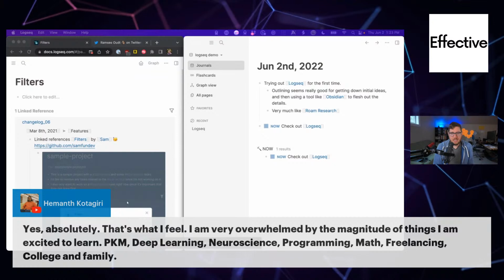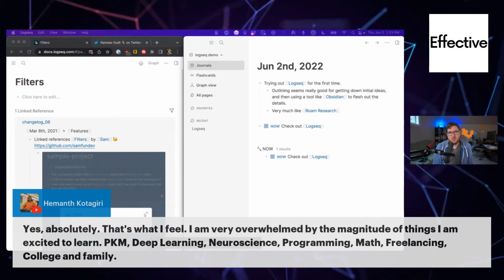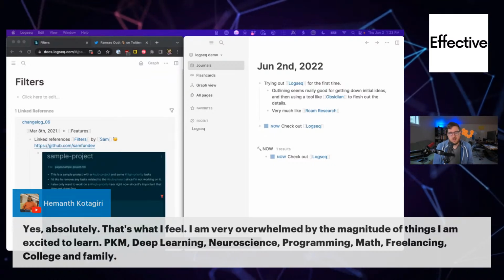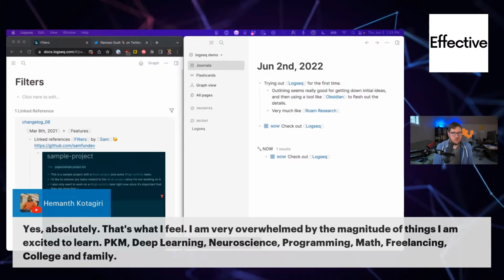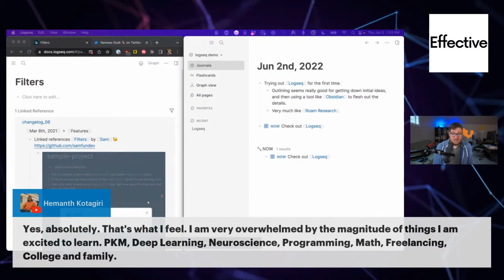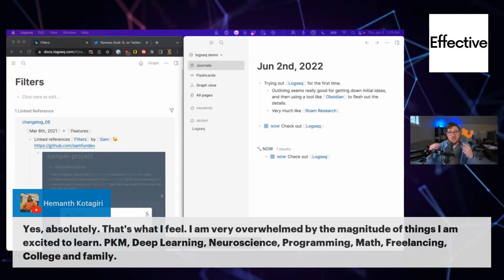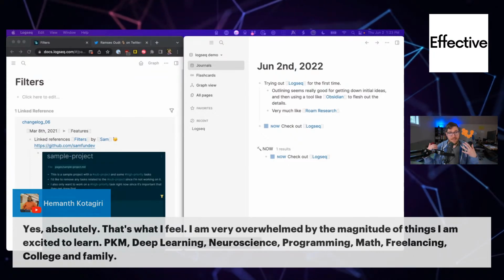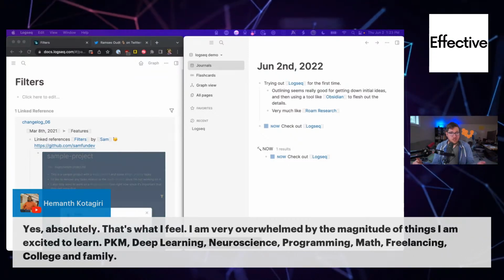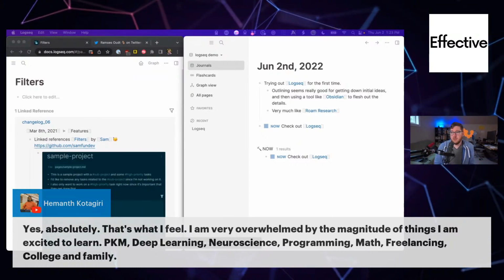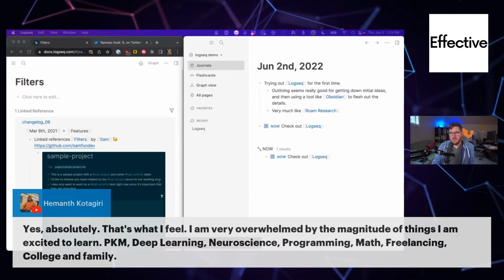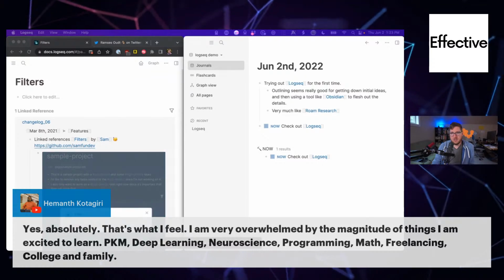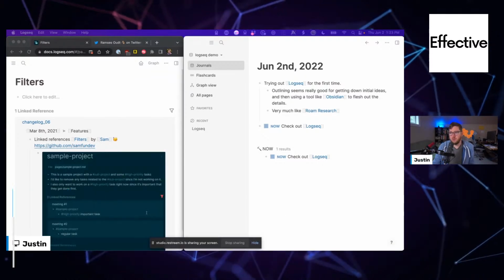I also, in the PKM space, would advise anybody who's just getting started, don't worry about going too deep into applications. Don't worry about going too deep into how the heck you do things and keep track of things. If you just start taking notes, link them together, and then follow those links in the future, you're going to be just fine with it. It's very easy to get overwhelmed with stuff going on here, but don't worry about it. Just pick one area you want to dig into, start taking notes on it, and go from there.